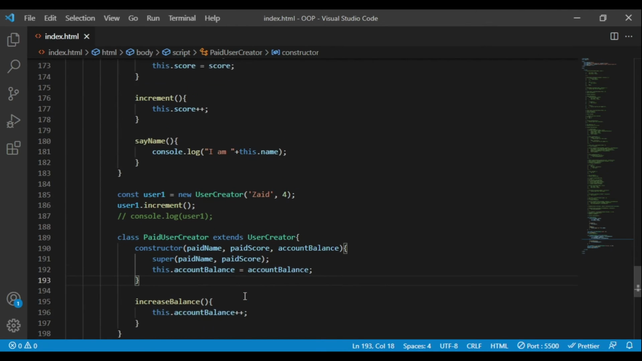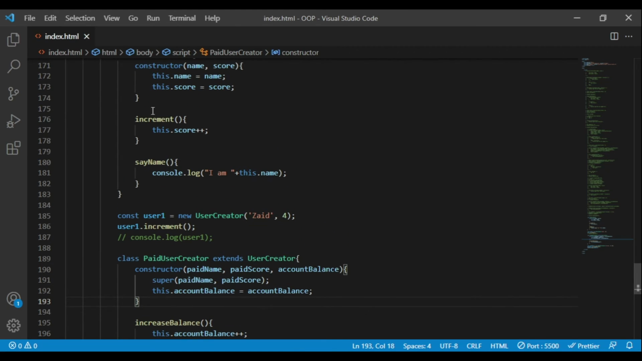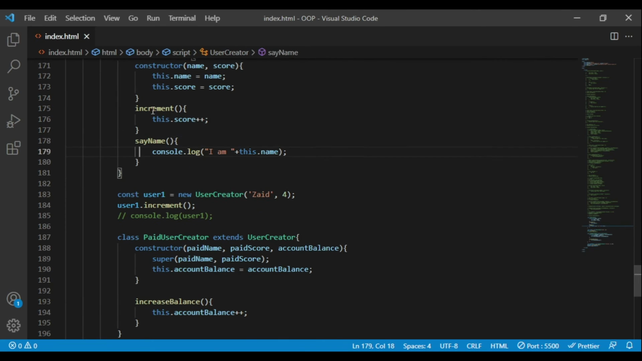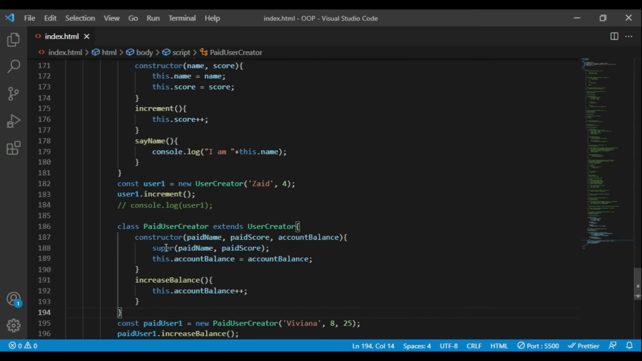passing whatever the values were over here, paid name and paid score, which were Viviana and it. Okay, let me minify this so you can better visualize. So we were over here, when I pass these values to paid name and paid score to the super. When I hover over super, you can see that this is a constructor of user creator, it is calling the user creator constructor function and passing these parameter values to this constructor function,